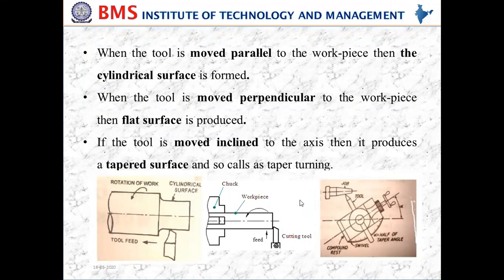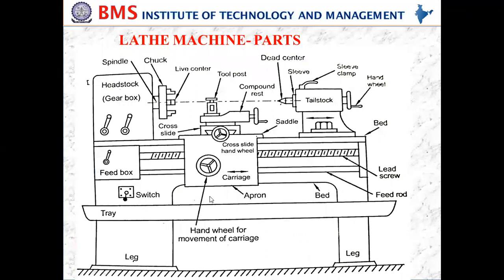And if the tool is moved inclined with some angle, say this is alpha, the tool is moved with the inclination, then we are going to produce a tapered surface. We can call it tapered turning. Okay. So this is before going to the lathe machine parts. Before going to the lathe machine parts, we'll go to the